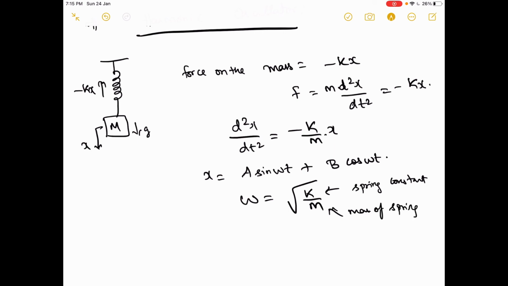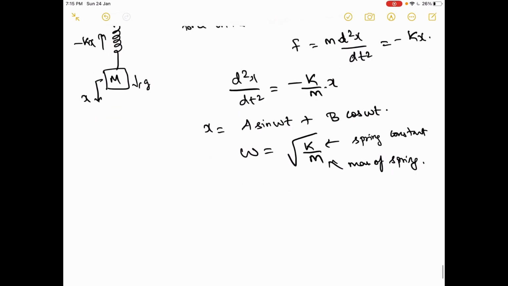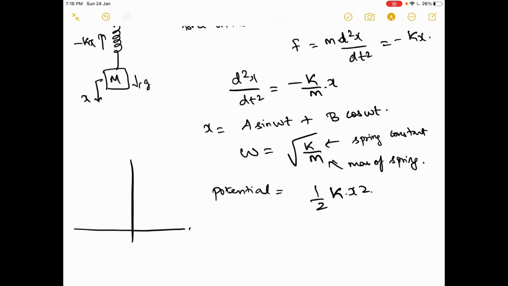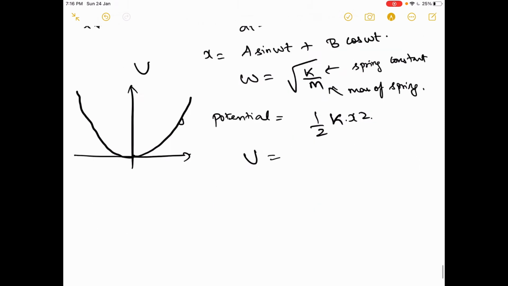So this is something that we all know, we have seen this at many places. The energy of this particular oscillation, right? The potential energy will turn out to be half kx square. So what we mean is, as the displacement x goes from 0 to some higher value, the restoring force increases, and the potential u can be written as